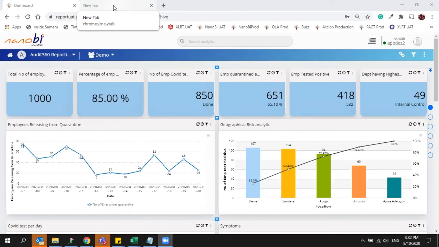Then such dashboards can be created, and going forward we will be creating more and more dashboards like this. From our end, we shall be creating dashboards, and we will be putting them up through sessions like this. If you think those are going to be helpful for you, you can subscribe for that by getting in touch with your relationship team.